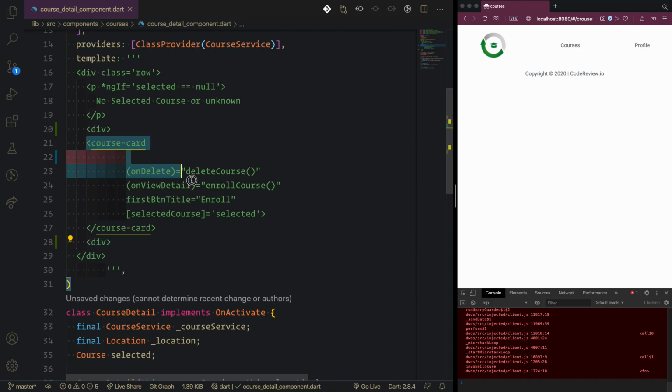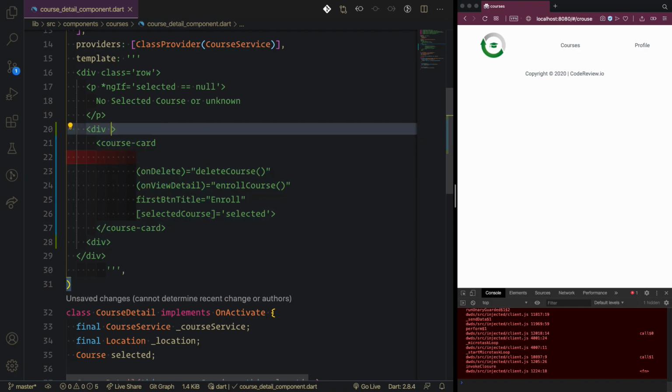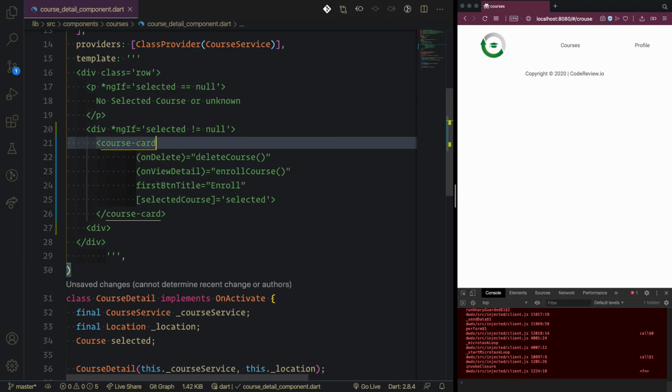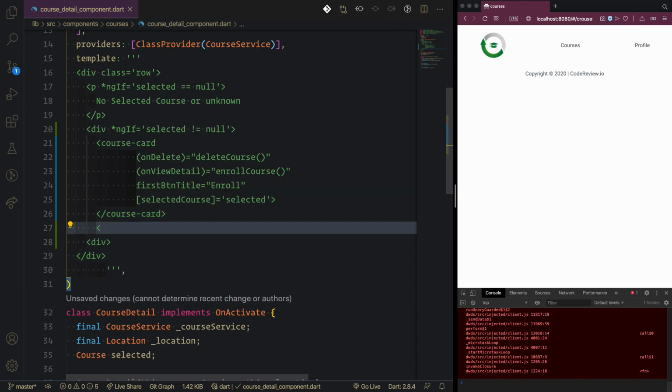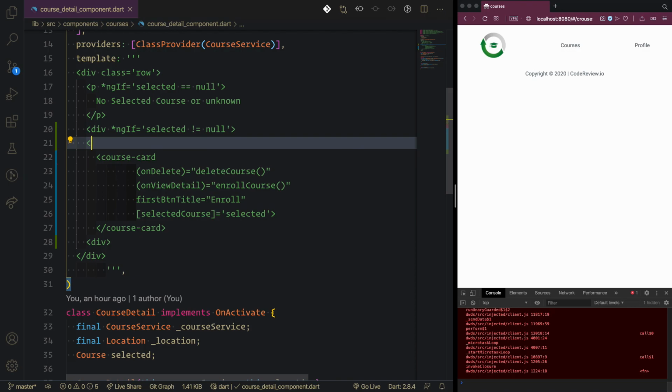The idea is that I don't want to show the update if there is no course, so I'm going to put this one inside here, and so that's it. And then after the course card, or maybe before the course card, let's make a div,